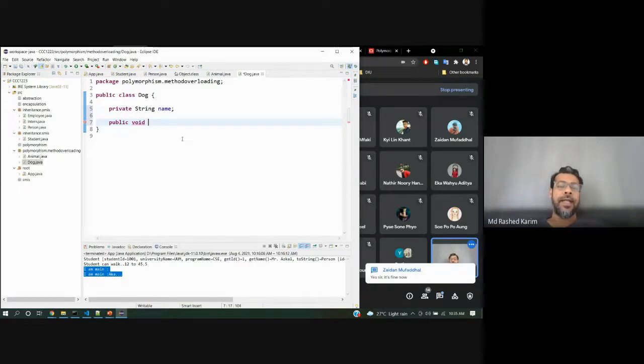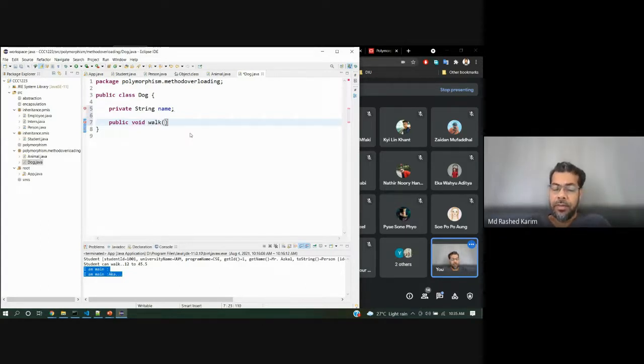Okay. Then the animal can walk. Animal can walk, so I will put this walk method. Then sysout, I will call dog.